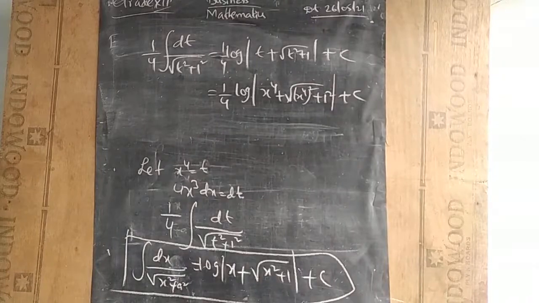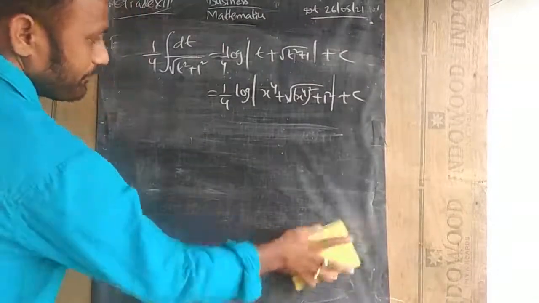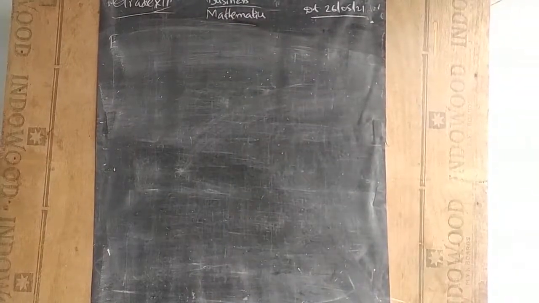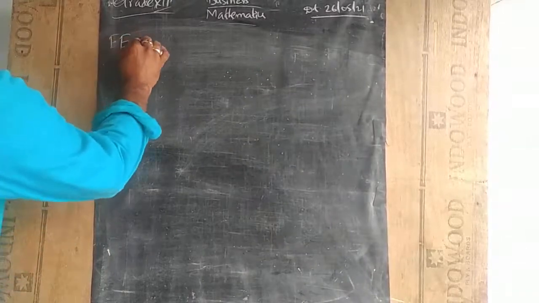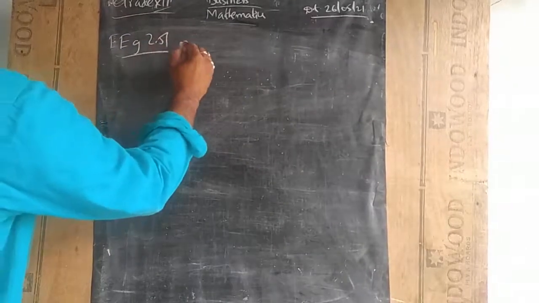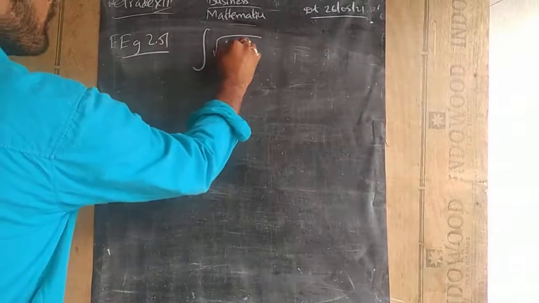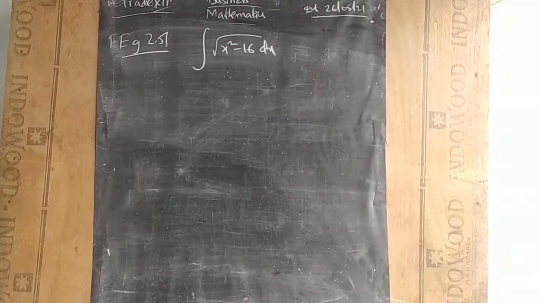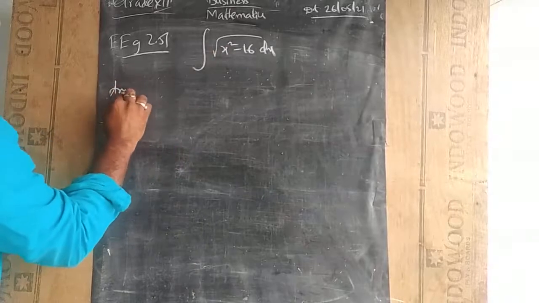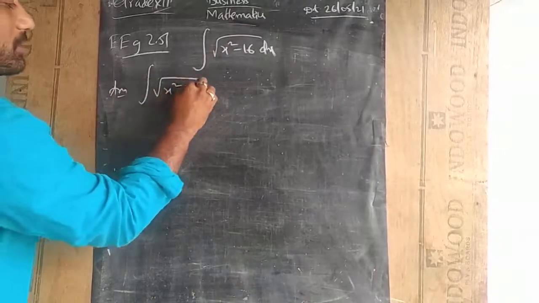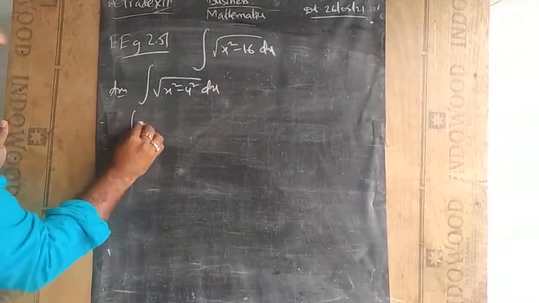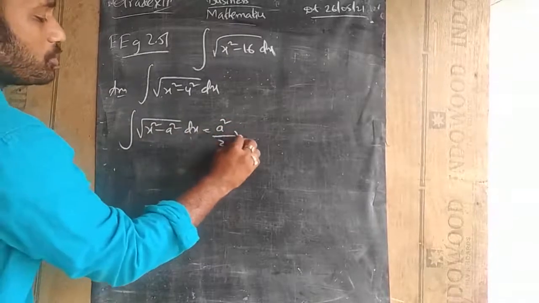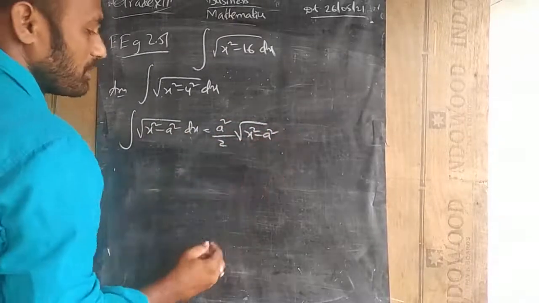Let us see another question. Example 2.51. The question is the integral of root of x square minus 16 dx. It is in the form x square minus a square. We can write it as root of x square minus 4 square dx. So what formula can we use here? The integral of root of x square minus a square dx can be written as